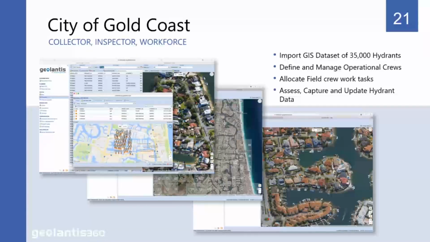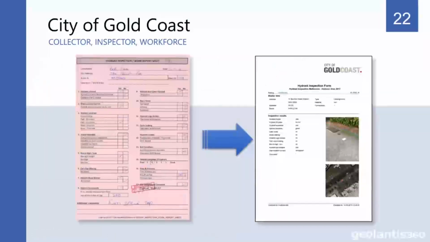And much like the Consolidated Power example, they had their own data about what they had in their GIS and what they understood about those assets. They then used Geolantis to go and take that data into the field and then capture all of the condition, the type, nature, position, photos, and a whole range of other information about each hydrant. I can't remember the exact number about how many new ones they identified during that process, but it was a lot. And they were also able to, with the high precision locating equipment, identify exactly the real position of each of those